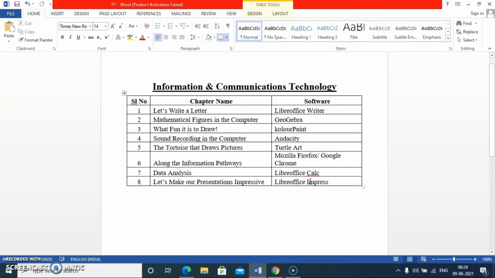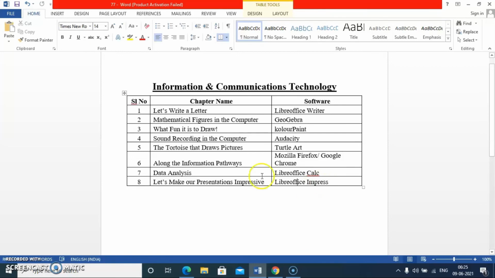You heard about that, dear students? The same thing, here we are using LibreOffice Impress. You will be given a topic, and you can create many presentations with beautiful design. I will be teaching in detail. For the time being, you just understand and study the name of the software.